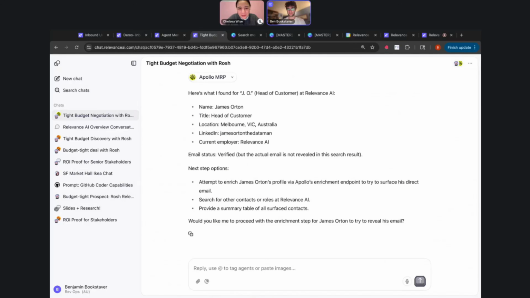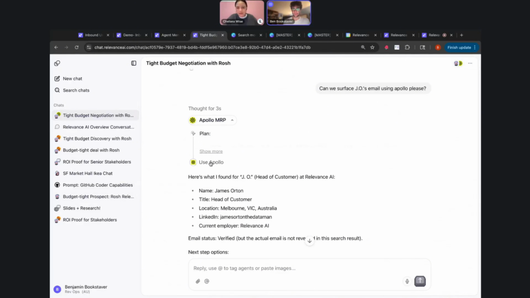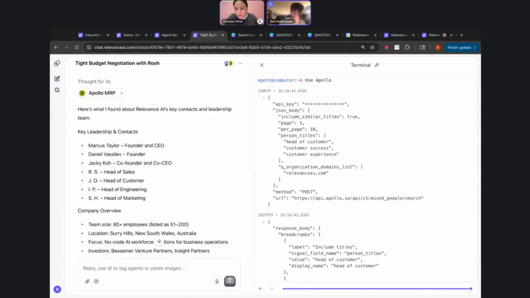But essentially, what this shows is that the Apollo agent used the API here. And let's take a look at what this agent actually did for the input. Now, this may look a little scary, but what we're seeing here is that this organization is Relevance AI. It's hitting this endpoint, which allows for a search of people.